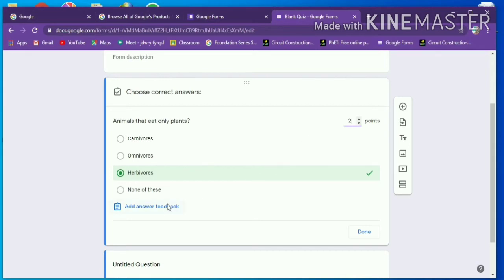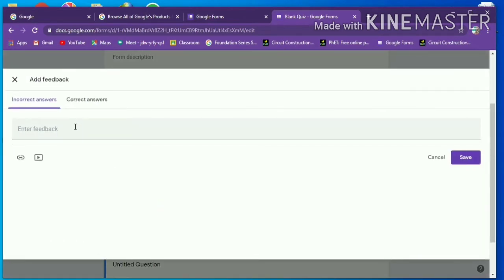Now we can add answer feedback. For incorrect answers, I am going to type wrong. And for correct answers, I am going to type correct. Now we should save this setting.